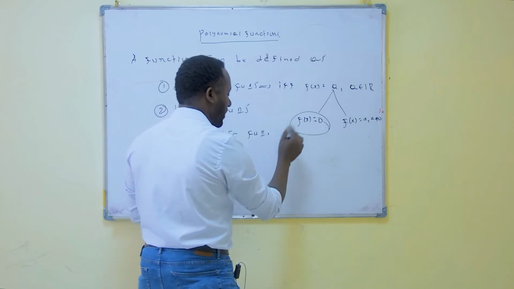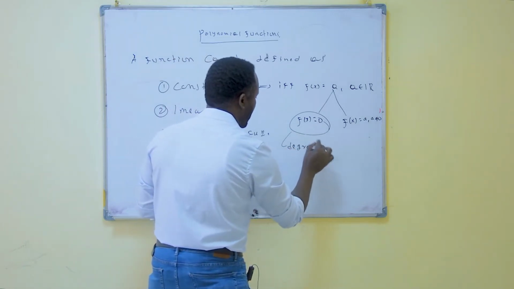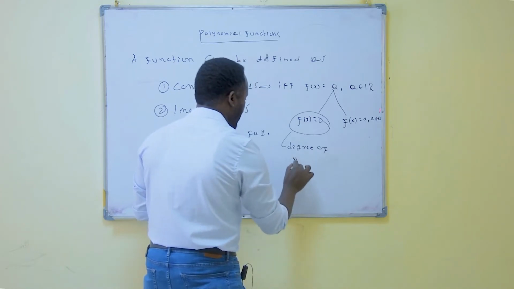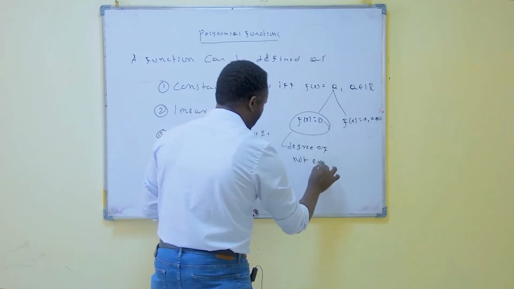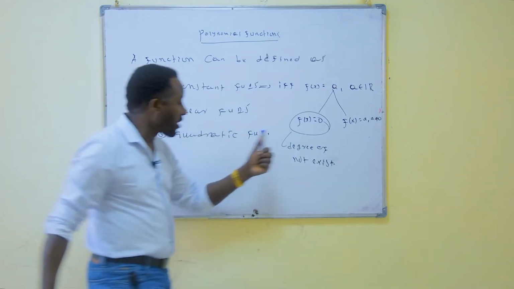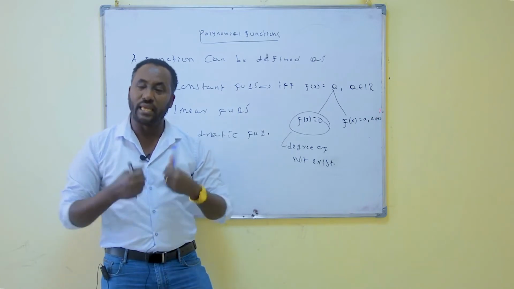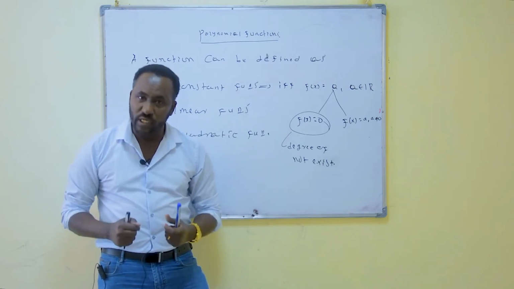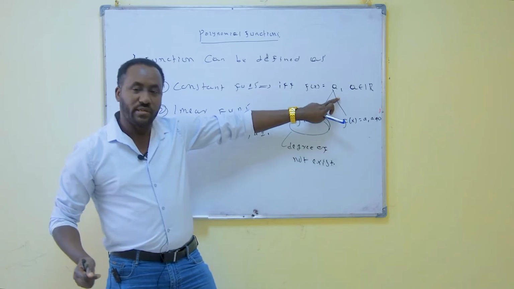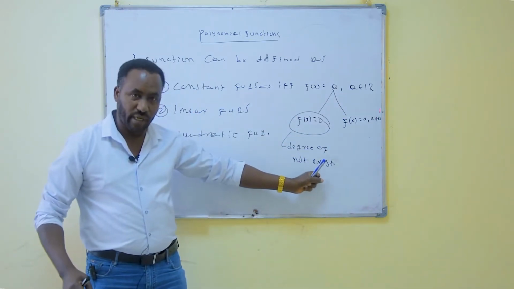The degree of f does not exist. What does this mean? The degree of a zero function does not exist. We cannot assign it a value. Do you know the reason? There are many reasons why the degree of a zero function does not exist.